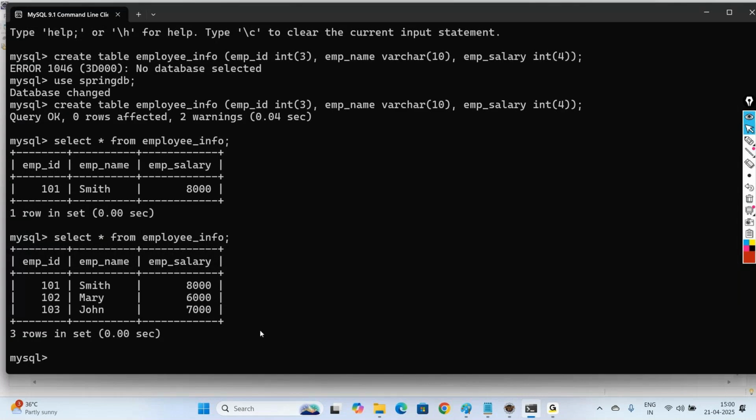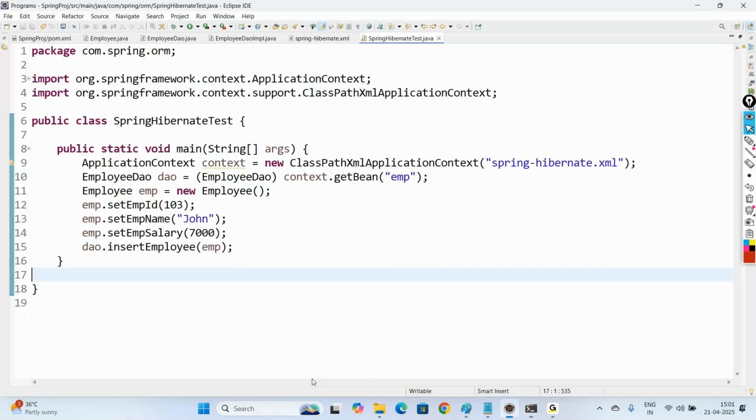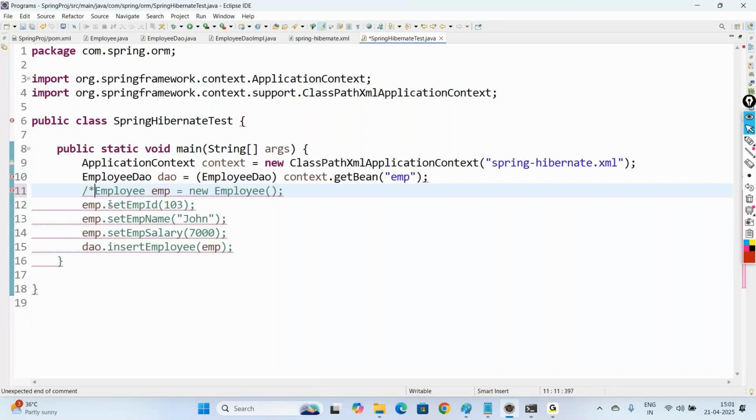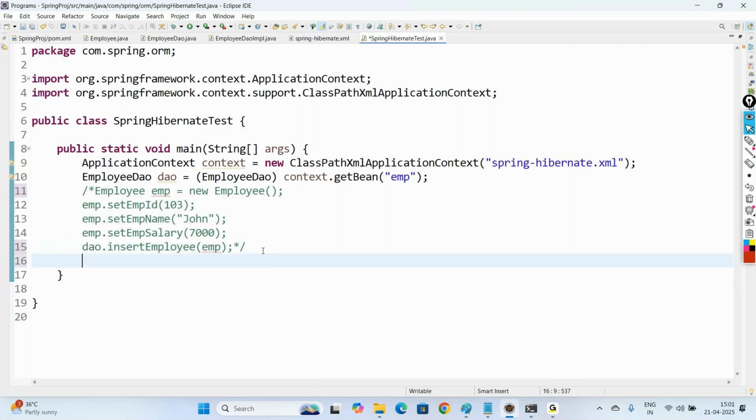So for update, for example, for this 101, we want to change the salary to some 9,000. So how to update now? Let me keep this code in comments. Or before that, you can display the records. Let us display the records first so that we can go with update operation and delete operation. So in order to display,